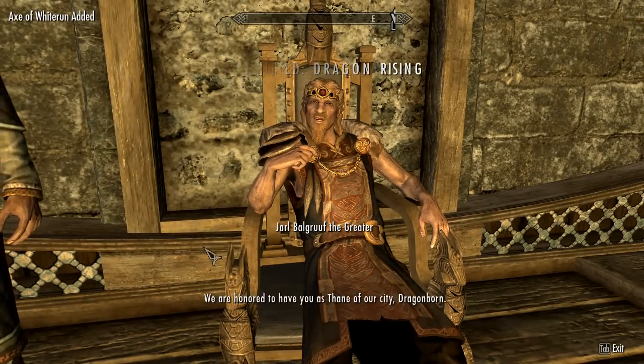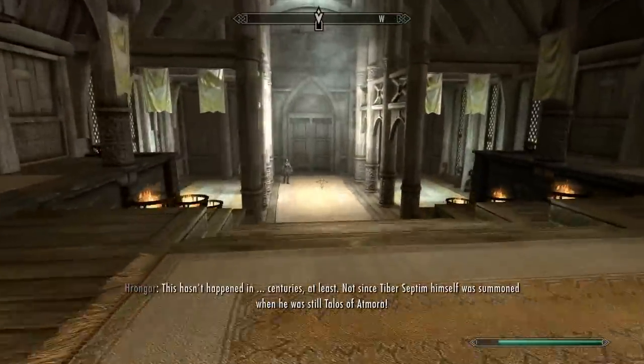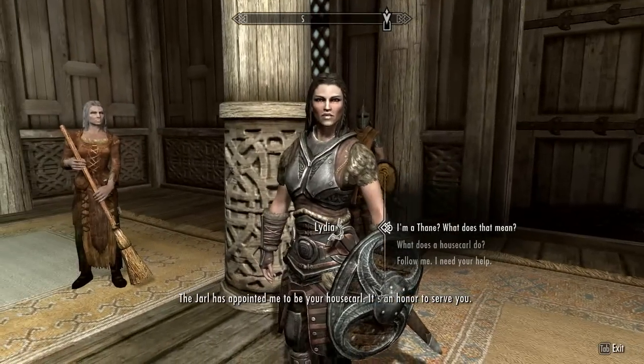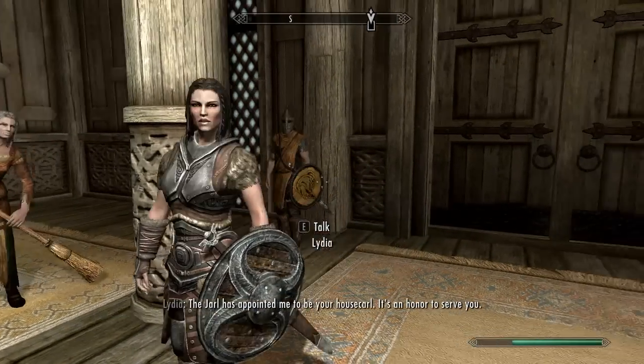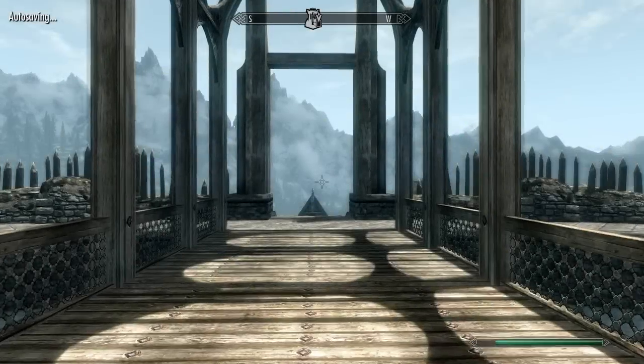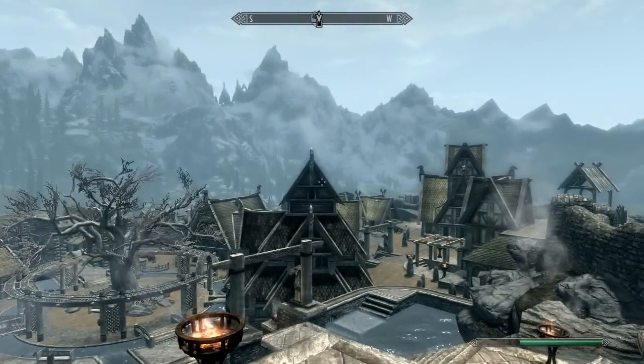Alright, he gives me this axe and Thane, and it gives me a housecarl named Lydia, which I'm not going to take right now. She's here every time you need her. She's your first free companion. I'm gonna keep my archer go. So we're gonna go ahead and fast travel to Riften,